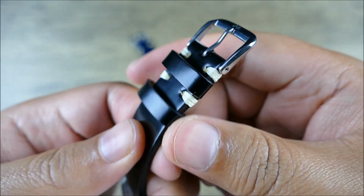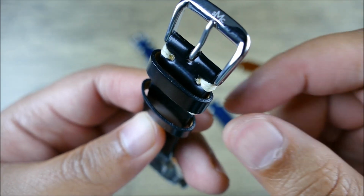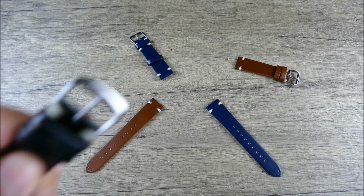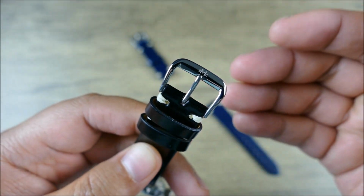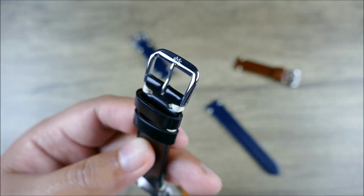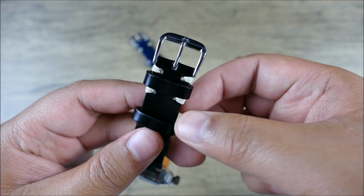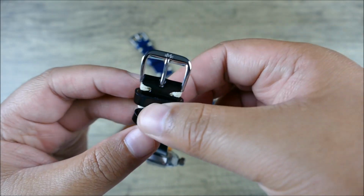Now, we can also see that the keepers are really beautifully finished. The edge work, everything is just beautifully done. And then let me just give this buckle a quick wipe because it has been worn. You can see very nice hardware, all polished, nicely signed, no really big billboarding on there. It's just a very clean SMC for Strap Mill Canada. So very, very nice. You're also getting the double stitch here on that static keeper, while the sliding keeper is